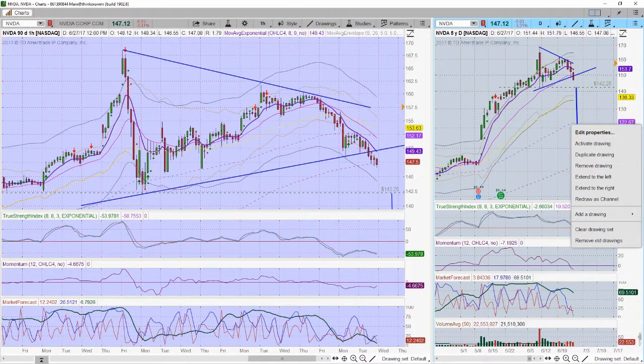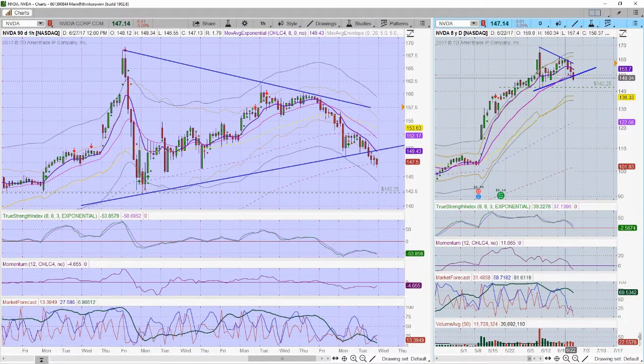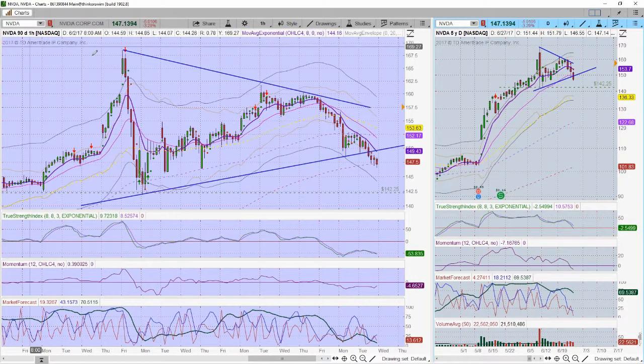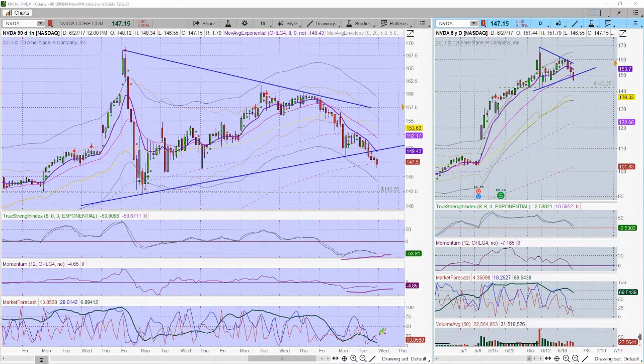Or will NVDA hit this level here at the 142 area and do a rebound from there? Again, this is one of those. On an intraday chart, as we can see here, we basically have a lower low. I have positive divergence working up here in both momentum and the TSI. Not so much on the market forecast. It is not in sync with the longer term daily